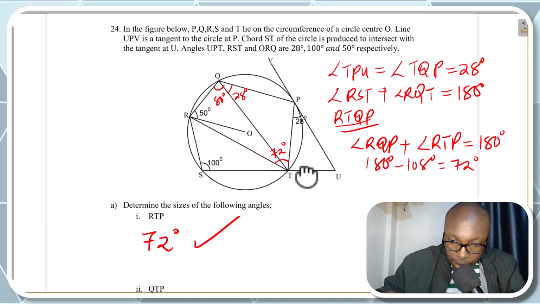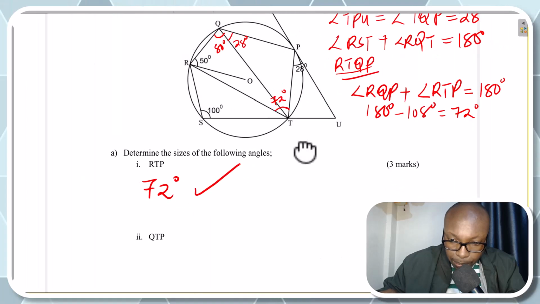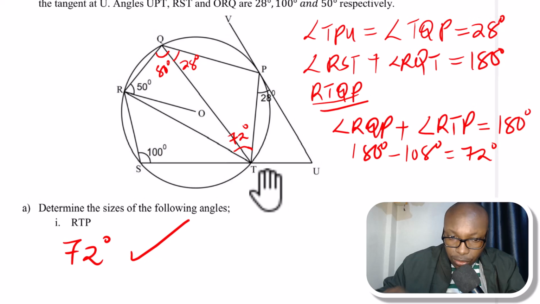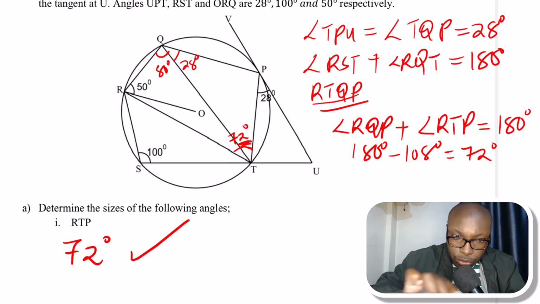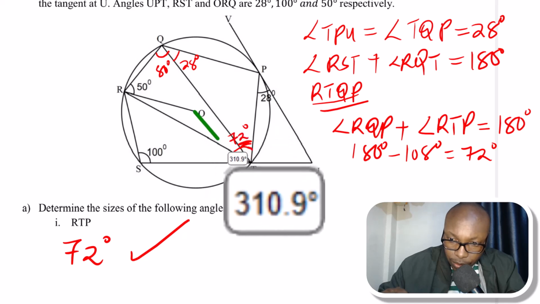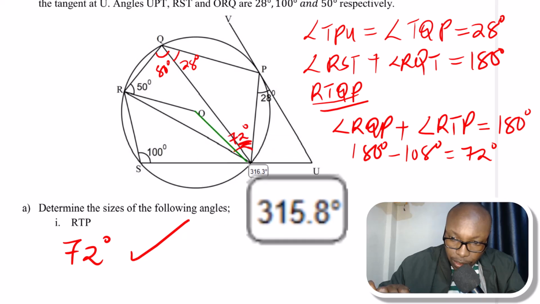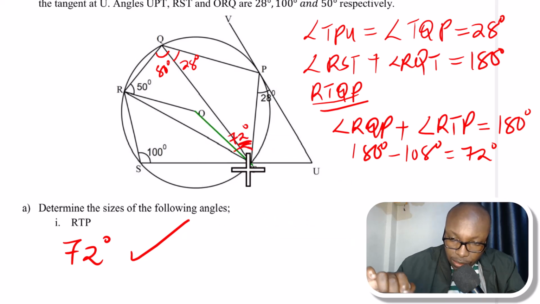The other question is part 2, QTP. Angle QTP. So which is that angle? Angle QTP is this angle that is here. So how do you get that angle? To get that angle, I'll try to join from the center. So from the center O, if I join that using a straight line, so I draw a straight line from center O to T,